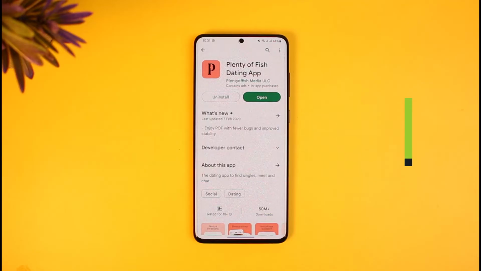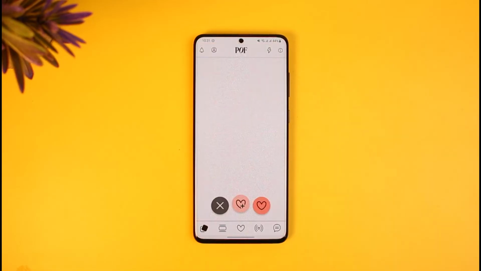So in today's video I'll show you how you can change the preferences of whom you see on your profile page on the Plenty of Fish dating account. So you simply want to make sure to watch the video till the end. In order to change the preferences, such as, let's say, age, you want to only see women or men from a specific age group, or you want to see from a specific country and from this type of users, and so on. So in order to do that, we're just going to go ahead and launch the Plenty of Fish